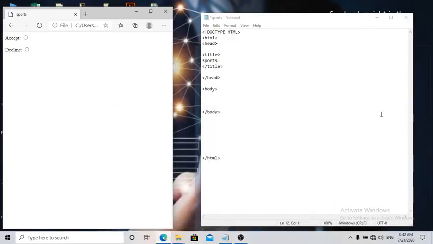Alright, you're welcome. In this video we're going to be creating buttons, specifically radio buttons. You ask yourself, what are radio buttons used for? Radio buttons usually are used for web forms where, for instance, you have to answer a yes or no question